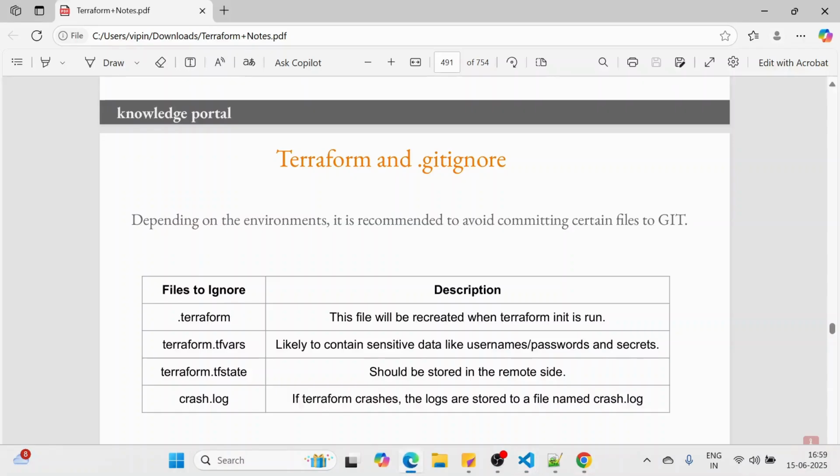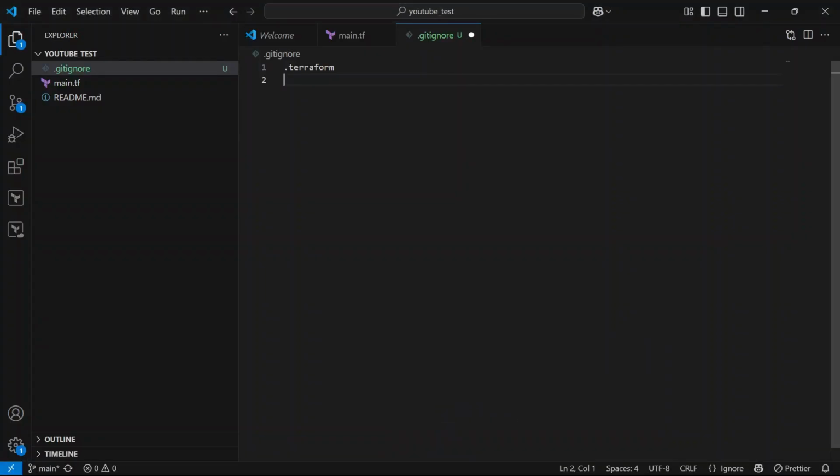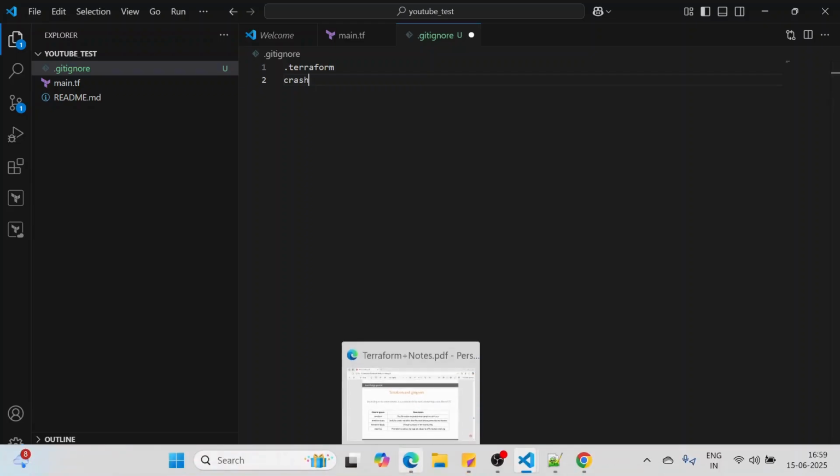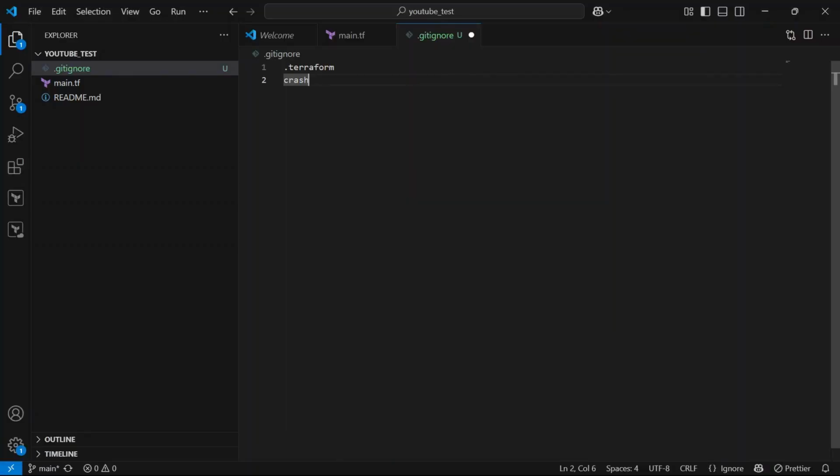Crash.log, what is the name, crash.log, right? Yes, crash.log, and terraform.tfstate, and so on. Okay, so let's run